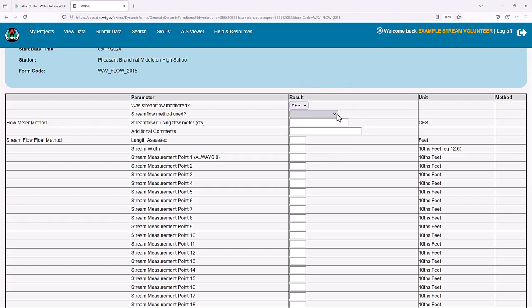First, select the streamflow method that you used. If you used a flow meter, you can directly type in your final streamflow discharge value in the text box. If you use the wave float method using a tennis ball, you will fill out the rest of the fields